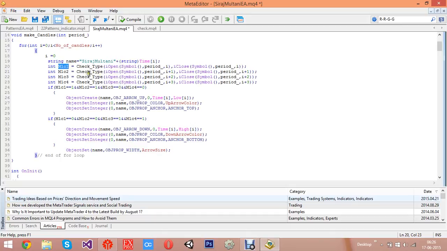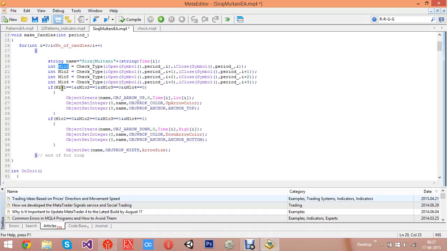And similarly, as I have to check the pattern of 4 candles, I have 4 variables over here. This is the current candle, the zeroth candle, this is the first candle, this is the second candle, this is the third candle. So in total I have 4 candles. So for the first candle, we have all the values,